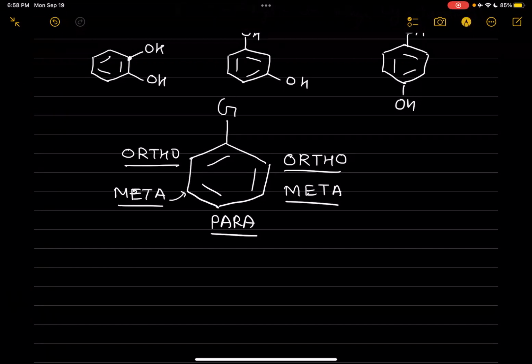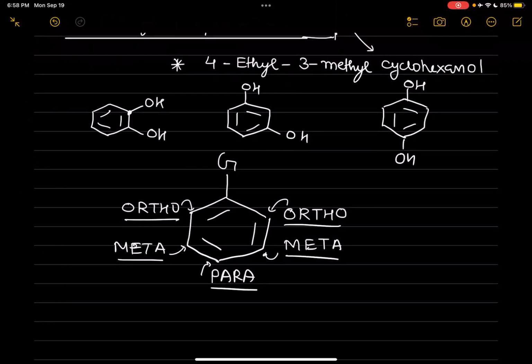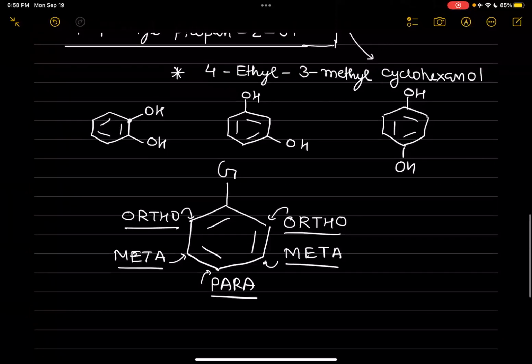Is this clear? So this is ortho, meta, para, but this ortho, meta, para is a common way of naming the structures, because in IUPAC we give the numbering. And there is another specific common name, that is catechol. The meta one is known as resorcinol. These are also the common names. And this is quinol